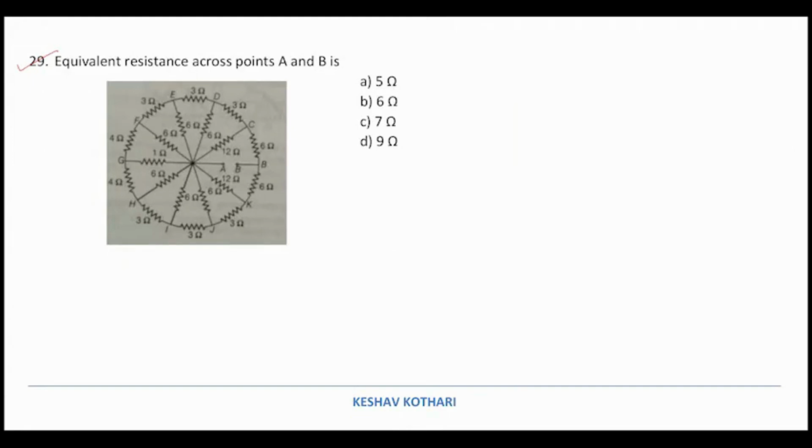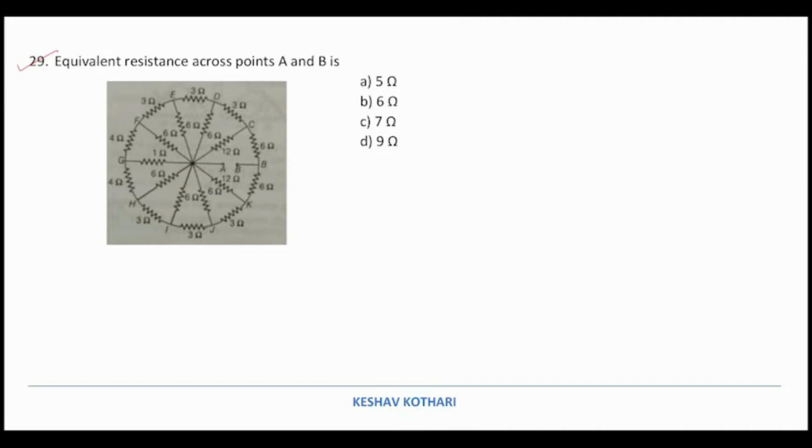Finding the equivalent resistance across the points A and B. So in this circuit, if you look clearly, you will find that there is a symmetry between A and B, as we can say that corresponding to the 6 ohm resistance over here, we have a 6 ohm resistance over here, 3 ohm there, we have a 3 ohm here, 4 ohm here, we have a 4 ohm here, 6 ohm in between, we have a 6 ohm here in between, 12 ohm here in between, we have a 12 ohm here in between. So I can say that there is a perfect symmetry that exists in this particular circuit,